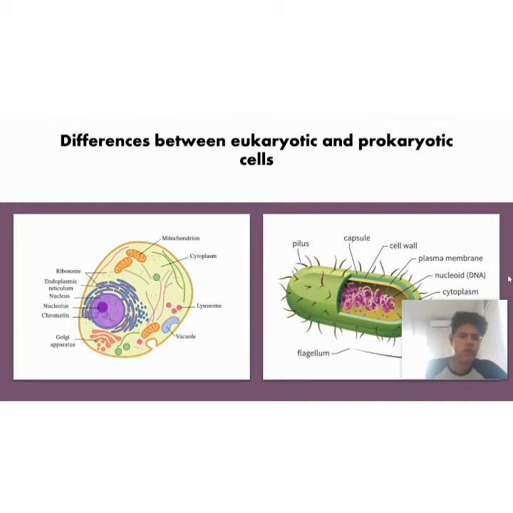And also I have for you the differences between eukaryotic cells and prokaryotic cells. First, the prokaryotic. They are unicellular, they don't have lysosomes and peroxisomes. They don't have microtubules and they don't have endoplasmic reticulum. Now, on the other hand, the eukaryotic cells, they are multicellular, they have lysosomes and peroxisomes. They have obviously microtubules and an endoplasmic reticulum.